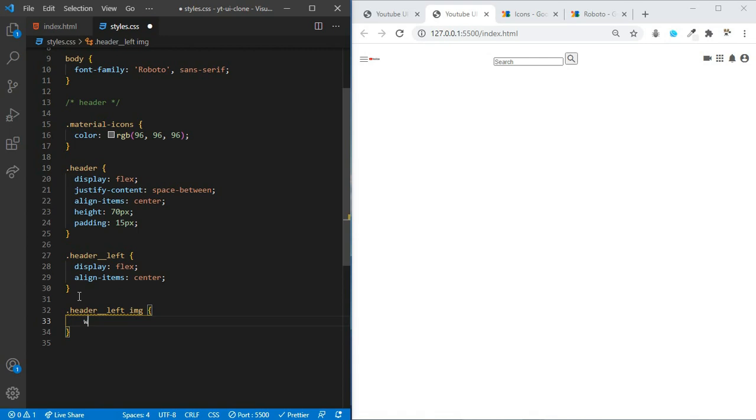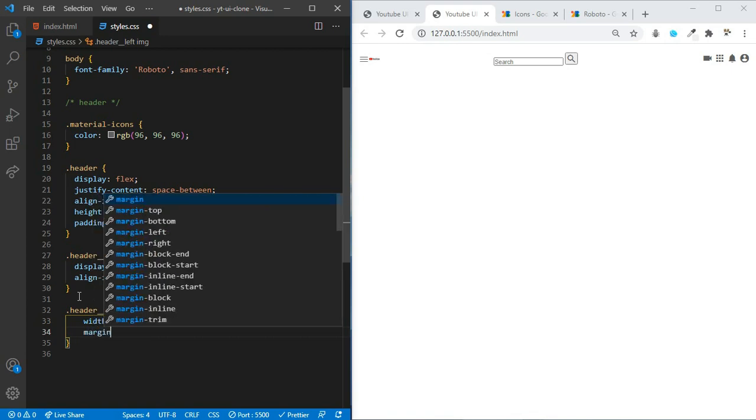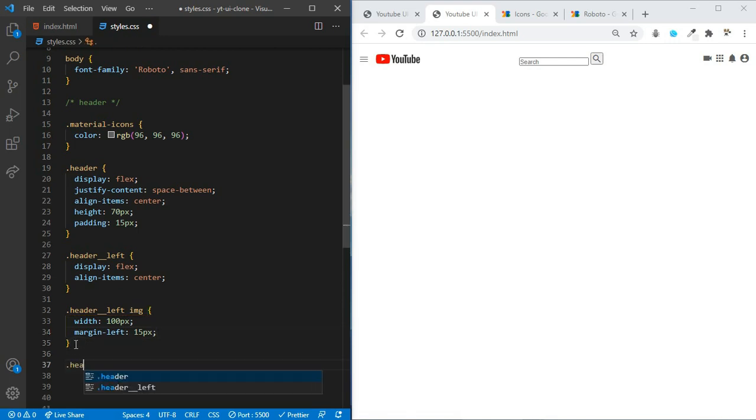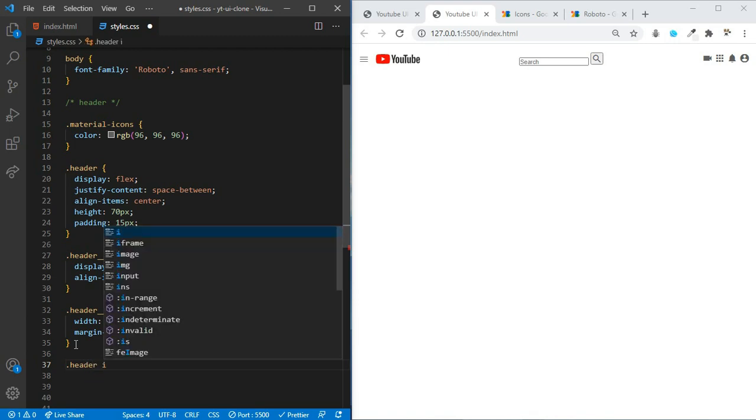We are going to set the width to 100 pixels and margin to the left of 15 pixels. Now let's save.